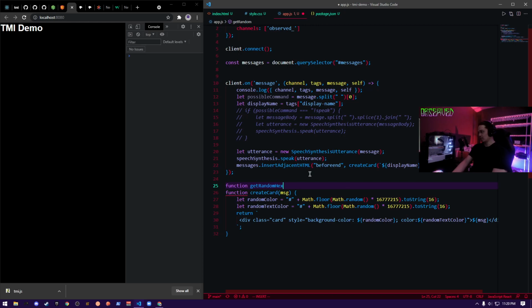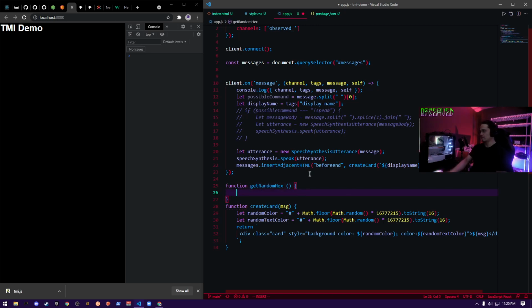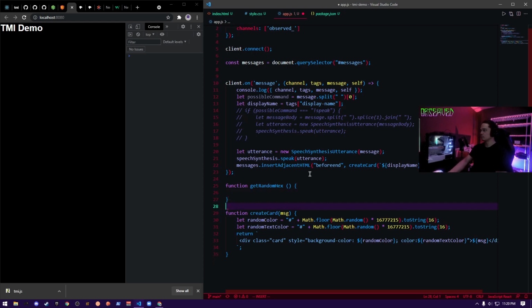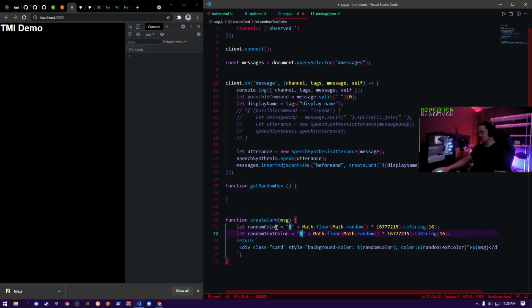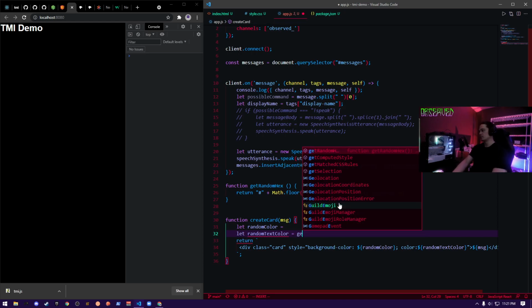Let's say get random x, because that's what we're generating. And then we would return this. And now, instead of all this stuff, we just call get random color, get random hex.